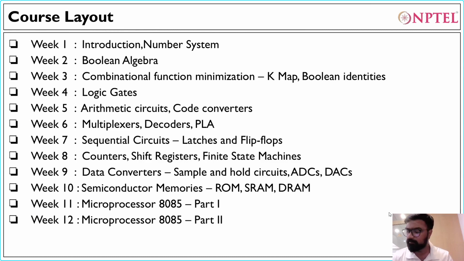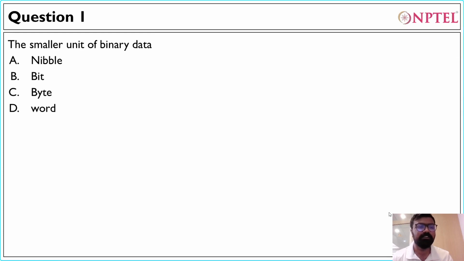Let's start with the very first question, which was there in the week 0 assignment. What is the smallest unit of binary data? This is what we call a bit. So bit is the smallest unit of binary data. All the other units are made up of bits. The second question was